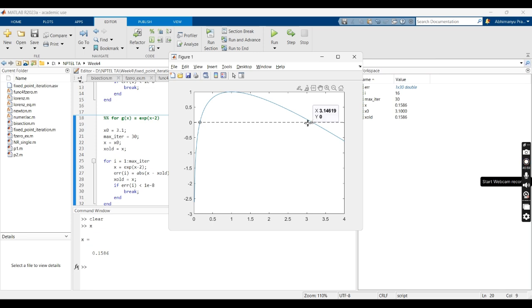But the value of x should be less than this root 3.146. I converge to this root for this exponential of x minus 2 function, g(x). If I give a value which is greater than 3.146, something like 3.2,